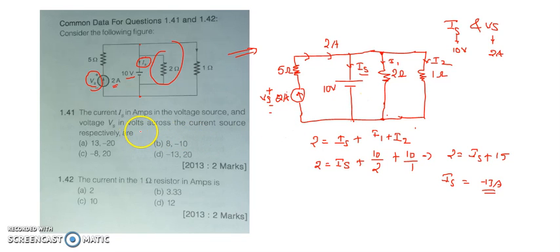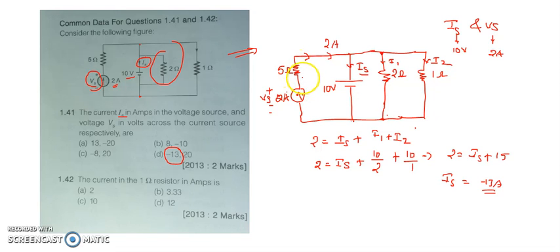So the current IS, and out of all these options it is only minus 13 that is there, but anyhow we will look for the Vs also. Coming to the Vs, it is nothing but the voltage across this 2 ampere current source. If you observe carefully, the current flowing through this resistor is 2 amperes, right? Because this 2 ampere source is connected in series with the 5 ohm, that means here the current flowing is 2 amperes.